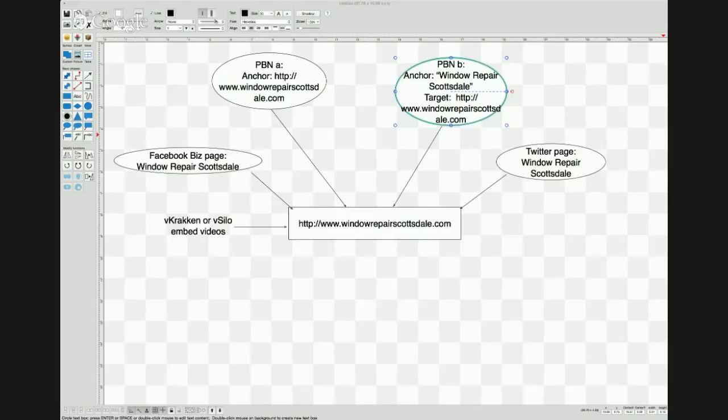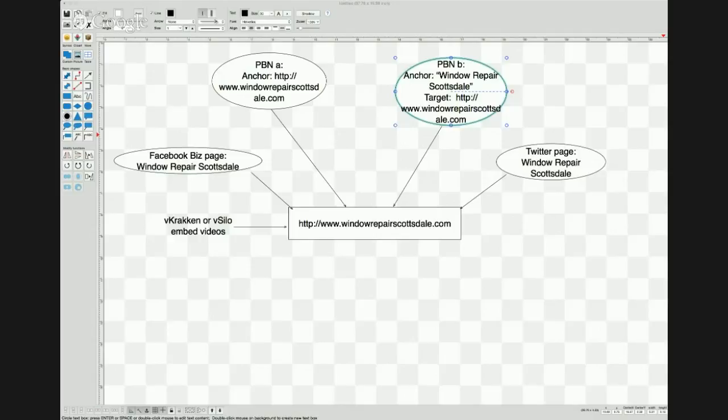Jeremy B asks, if you set up a PBN or 10 for client X, is it possible to over-optimize by having too many PBNs? Not really for having too many PBNs. The anchor text can potentially get you in trouble. If you had the exact same anchor text coming from each of those sites going to the money site that you're trying to rank, your client's site, you absolutely could get into trouble. So if you are at that level of 10, I would definitely have some variability in your anchor text. Have it not all be your exact match keyword.